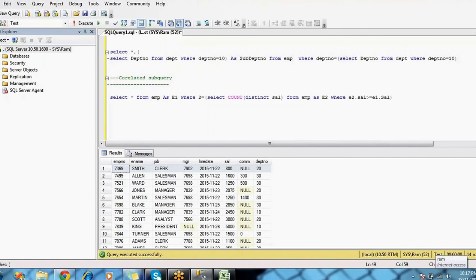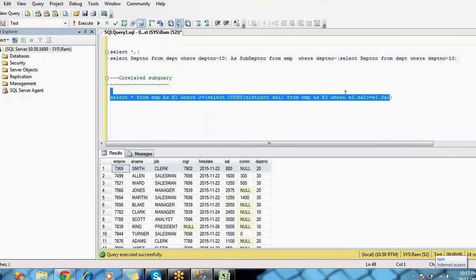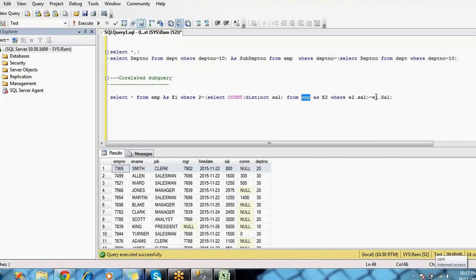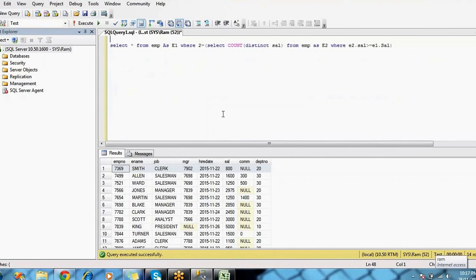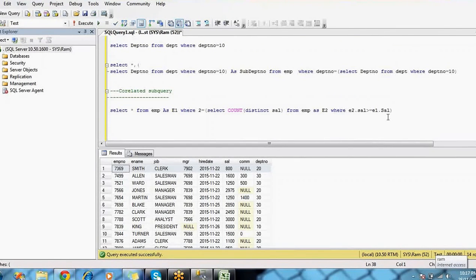If you observe inside this query, the where condition is E2 dot salary greater than or equal to E1 dot salary. What is E1 dot salary? The E1 table is this one. First it executes and gives the first row, so E1 dot salary means the first row salary. What is the salary? 800. So it will replace 800 here.